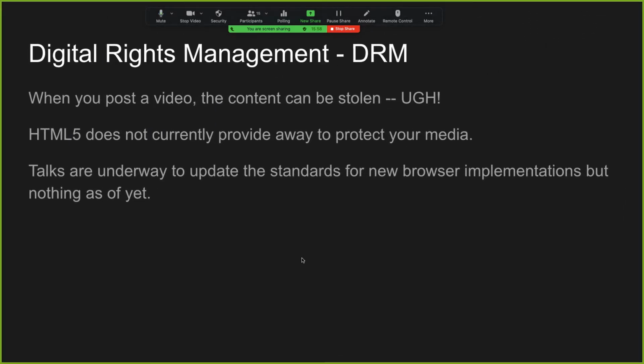All right. Digital rights management, DRM for short, is important for you to know. You've probably seen this with DVDs. You have to have a DVD with a certain region. If you try to play a DVD from the wrong region that your player doesn't support, it'll tell you that you can't do it. And it was created to keep things simpler. And even still today, if you download videos,